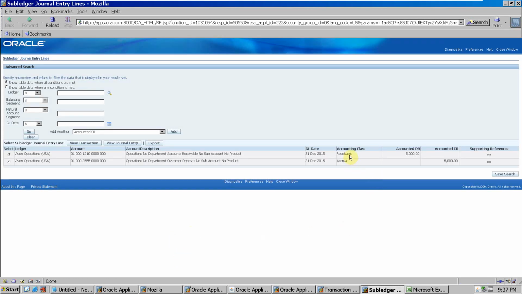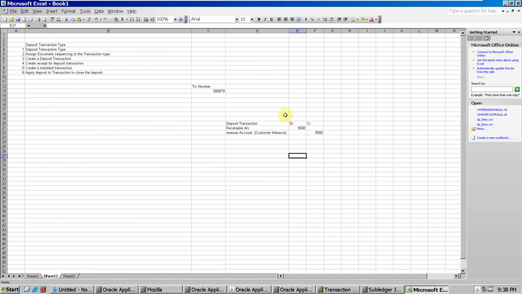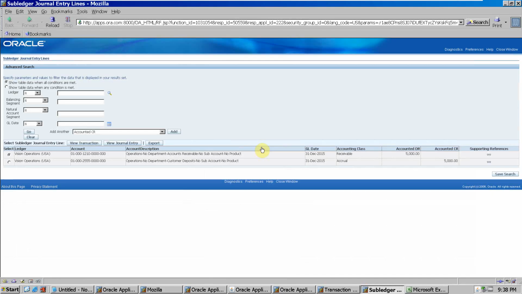Okay, so you can see the receivable account is 5,000 debit, and accrual, which is the customer deposit, is credit. So the accounting class will be accrual. Okay, so this is our accounting. So now